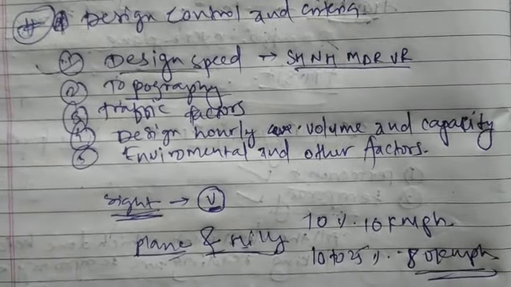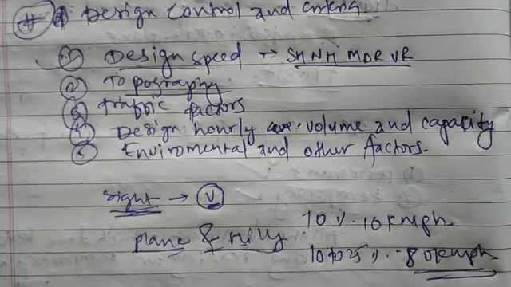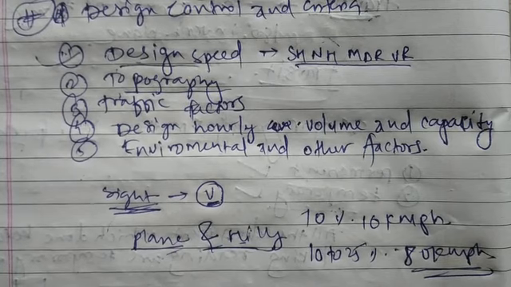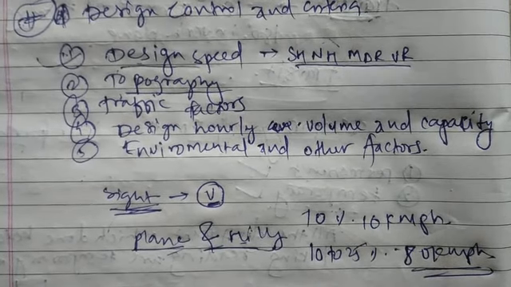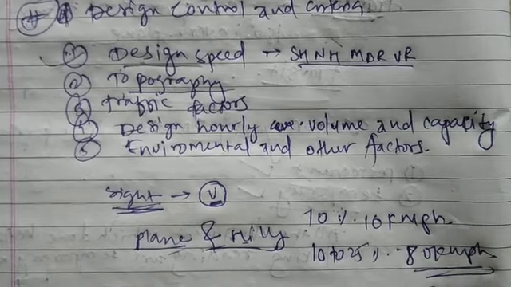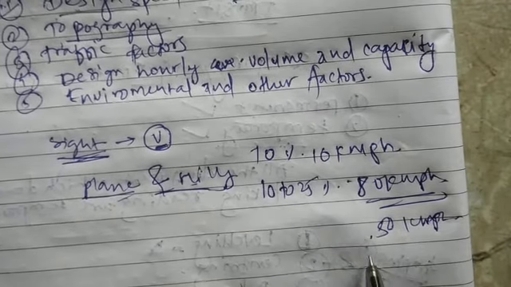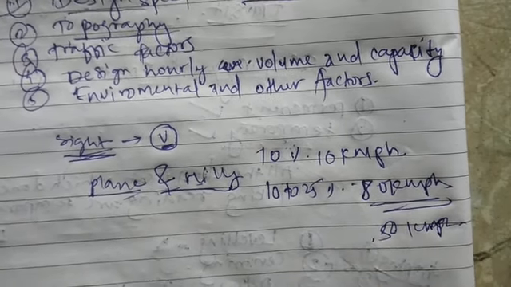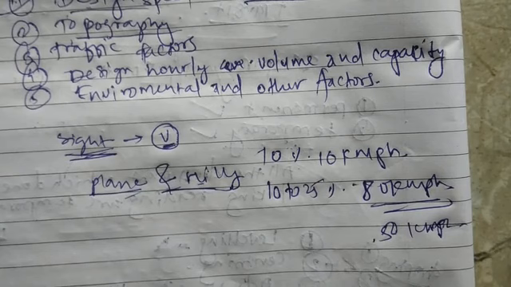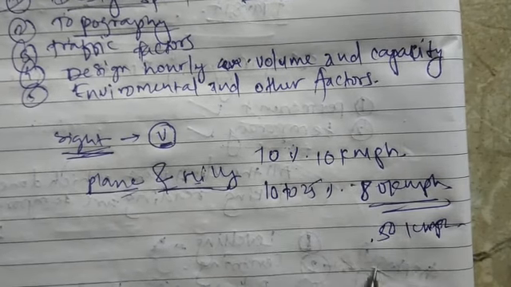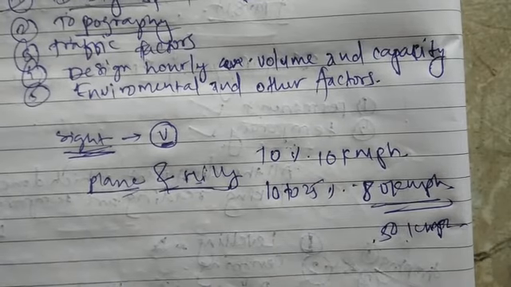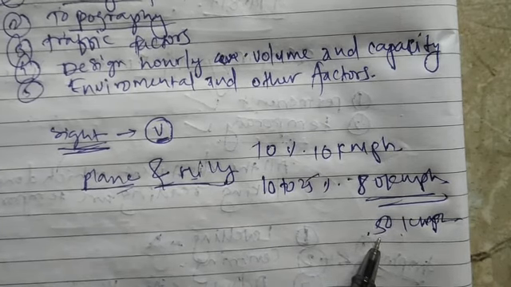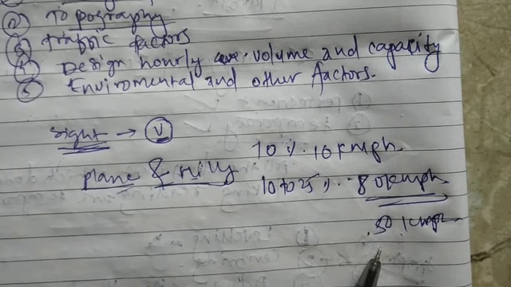Okay, so because of the terrain we have changed the speed. Further, when you go for mountainous terrain, then the speed will reduce to 50 kmph. Okay, so this is how the topography of the area will affect the design. So as this topography is changing the speed, and speed again will directly or indirectly be responsible for change in the geometric design.